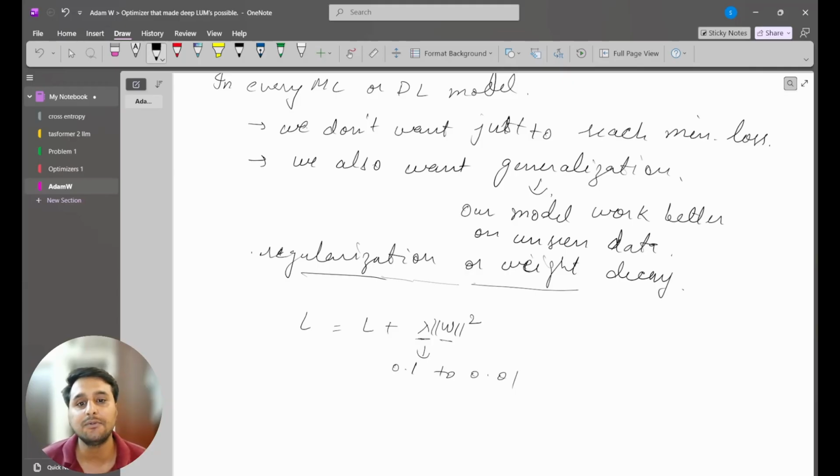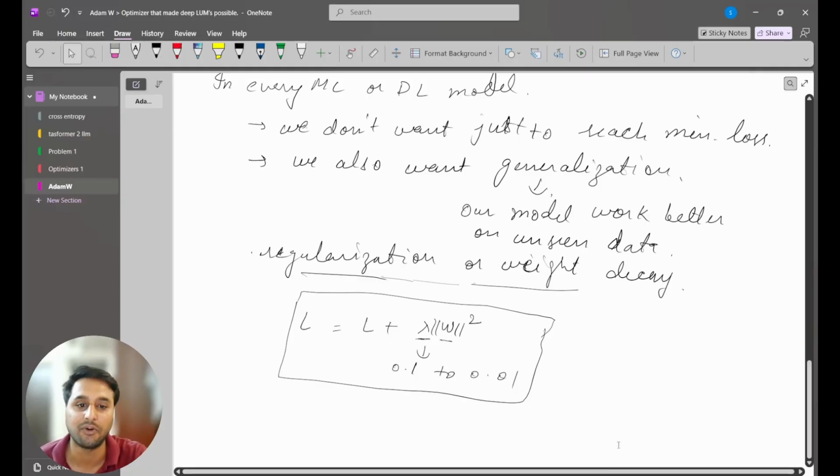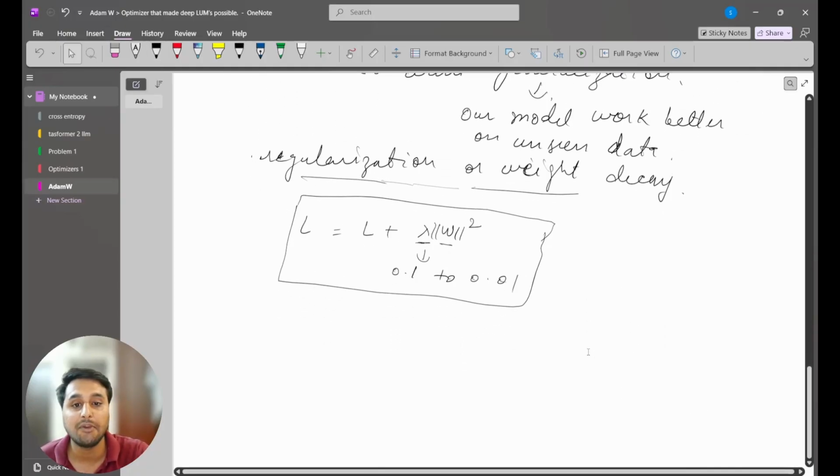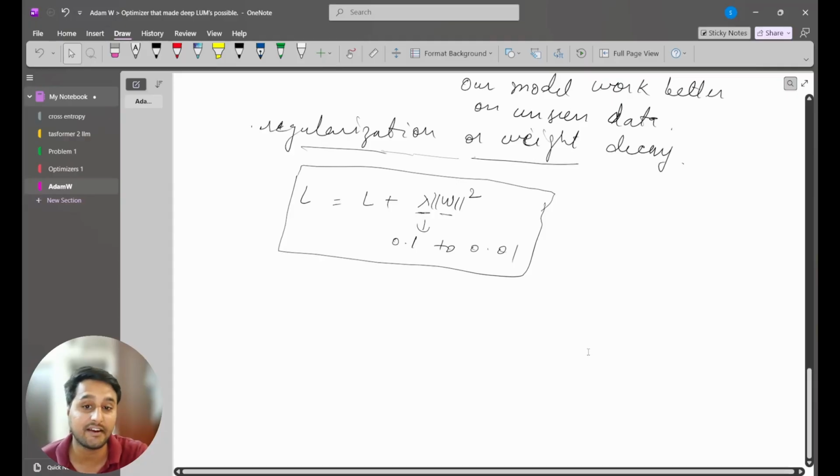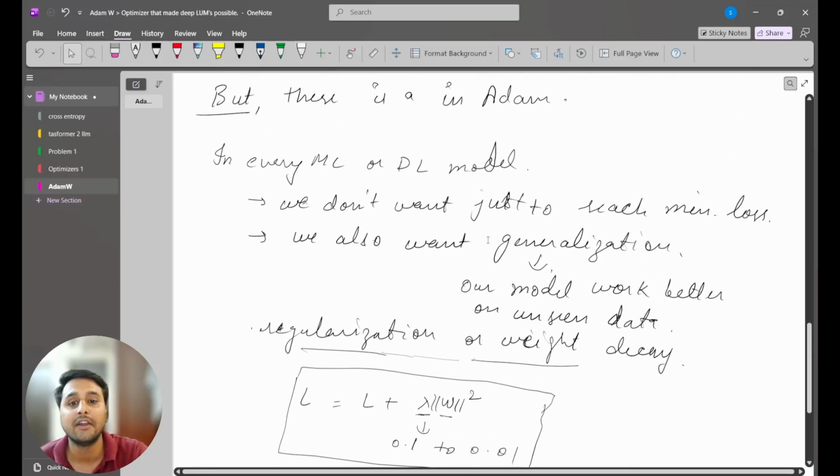Okay, so this is what we do when applying regularization in our model. You can now maybe connect what problem will happen in this case. So when we add this penalty term to our overall loss, then